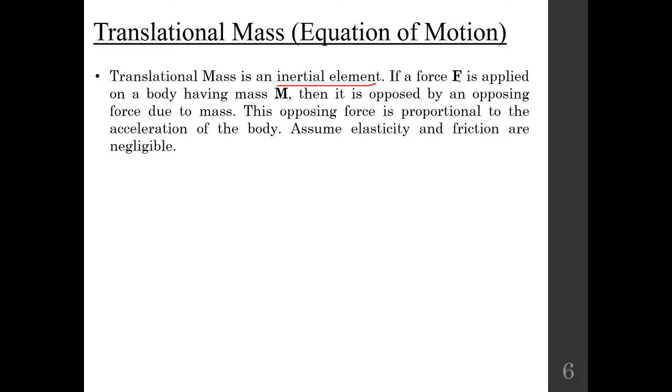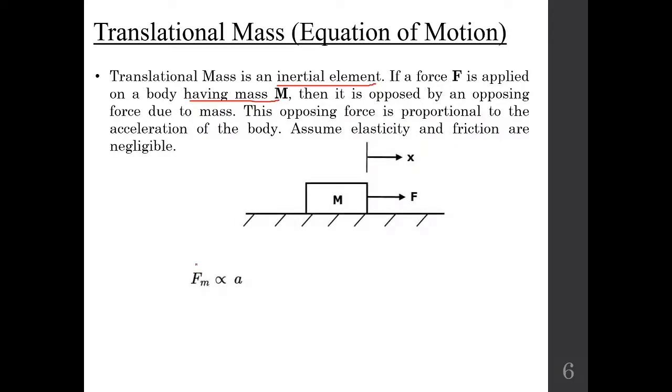So if you apply a force on a body having a mass m, it will always be opposed by an opposing force due to the mass. This opposing force will be proportional to the acceleration of the body. This is also Newton's second law of motion. If we assume that elasticity and friction are negligible, then we can say that the inertial force is